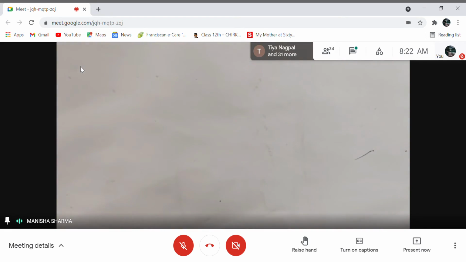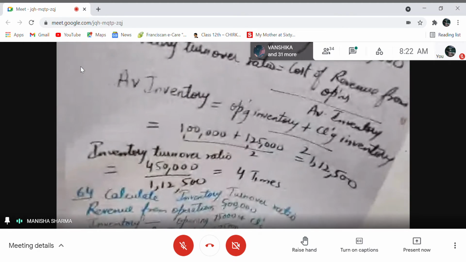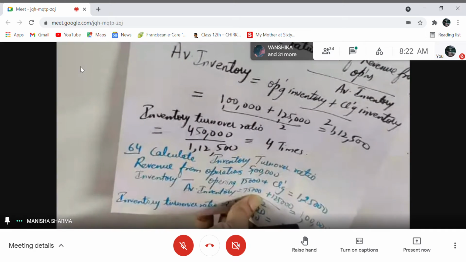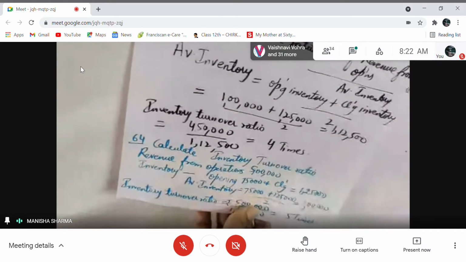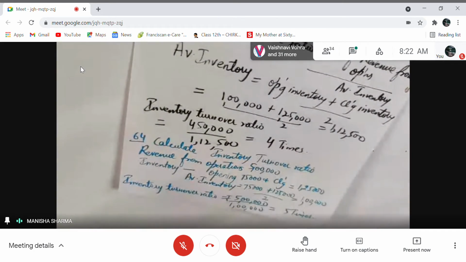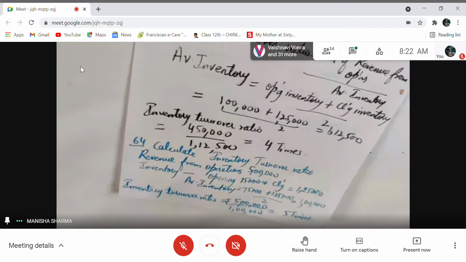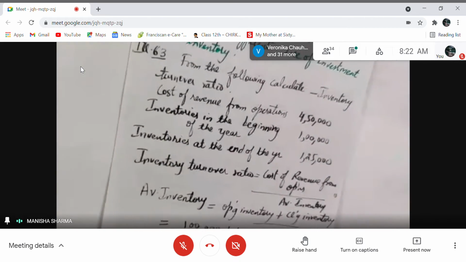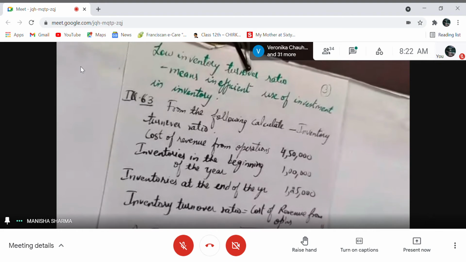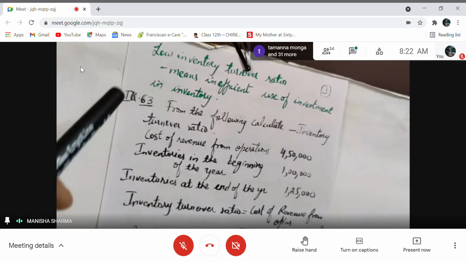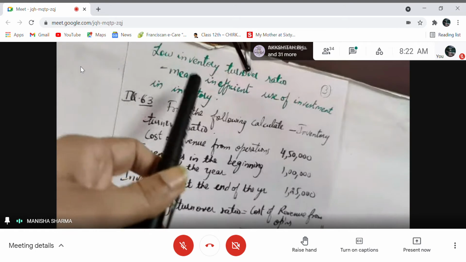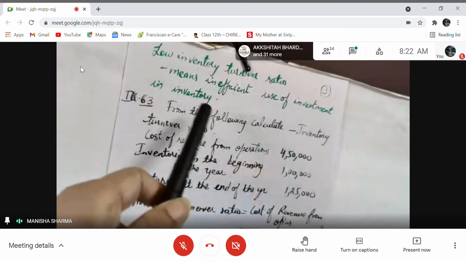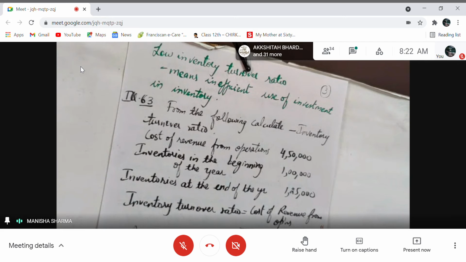Then comes next, let's apply it by taking the illustrations. Okay, let's take up low inventory turn, of course. Now next is if the inventory turnover value is less, say it is 1 or 0.5, 0.8, it means times, number of times. It means that it is inefficient use of investment in inventory. Less is not good, very high is not good, even less is not good.